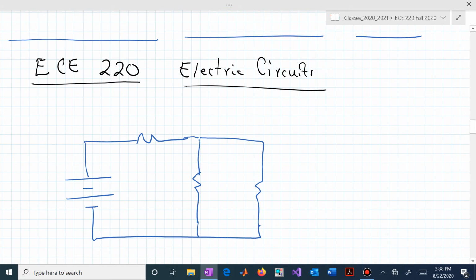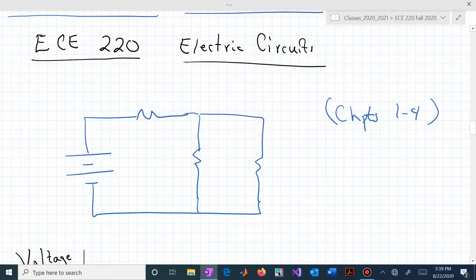That brings us now to electric circuits, ECE 220. Again, I said this is chapters 1 through 9 of the textbook, and in the first 4 chapters we will be dealing with circuits that are looking like this particular schematic, where on the left we have some voltage source. Let's say that's capital V sub S, and these squiggly lines, maybe they should be drawn a little bit better. Those are now modeling